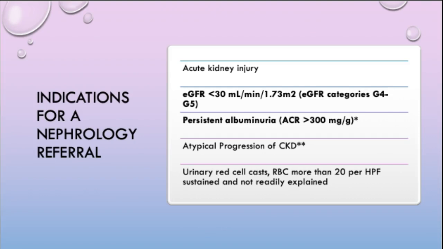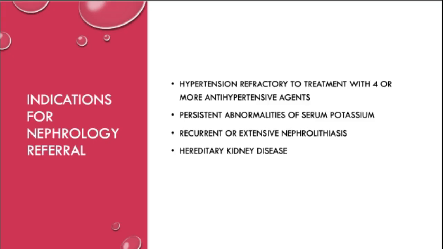If you notice that other lab work is off as well, and it's trending to be off, then, lost my train of thought. If you notice, let's say, an anemia, so their anemia is not getting better and you have related it back to their chronic kidney disease, that would be another indication as well. So any lab work that is trending and it's a marker for kidney disease, that would be an indication to refer. Last slide here. So any hypertension that's refractory to the treatment, they're on 4 or more antihypertensive agents,